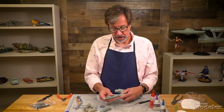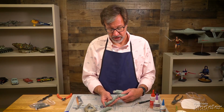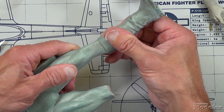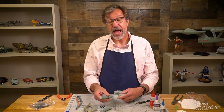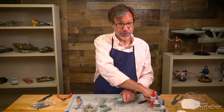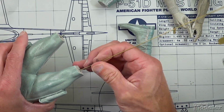So I went ahead and checked the fit of the brass rod on his left leg, and it is fitting just perfectly. When I line it up, I get a good match up, so the holes are where they need to be. So how do you do that? Well, to begin with, take your brass rod, insert it all the way into the hole that it's going to go into,